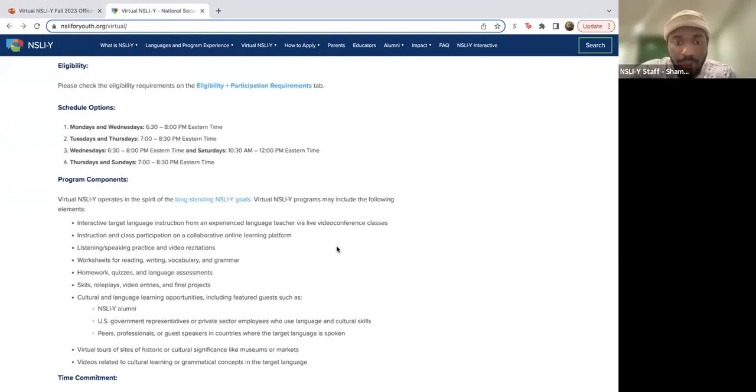And there was a late attendee who's asking about the scheduling. You are able to choose your schedule preferences. The schedule options are listed here on our website. In your application, you will rank them, so you will have 3 slots to rank them. You will choose the best scheduling option based on your availability from these 4 options.